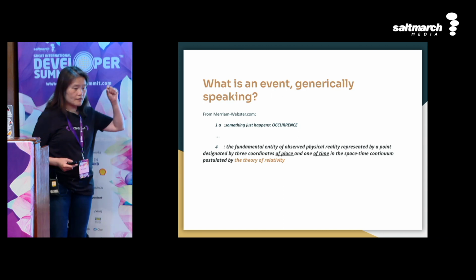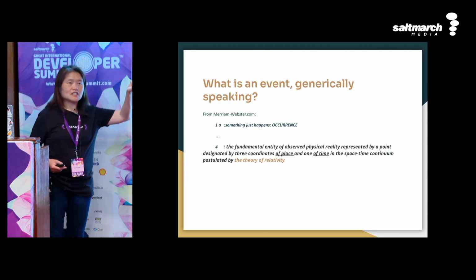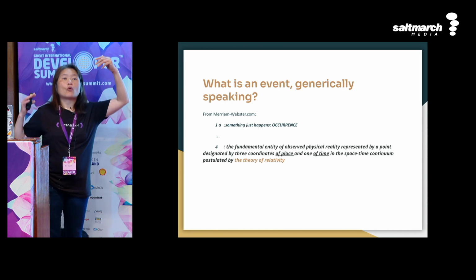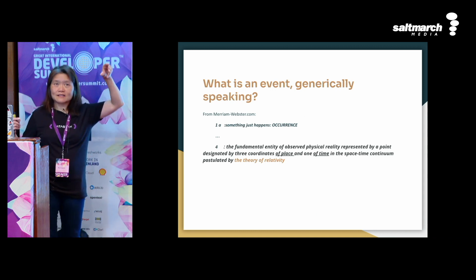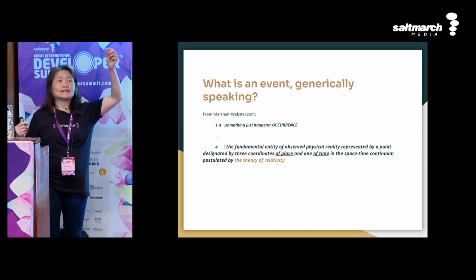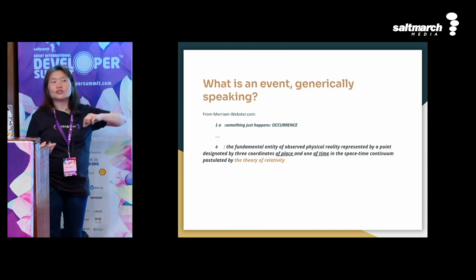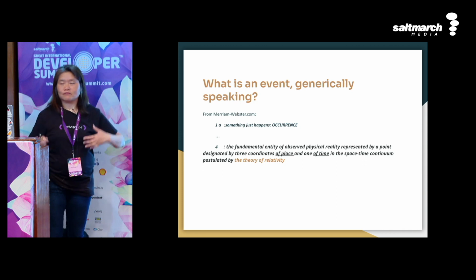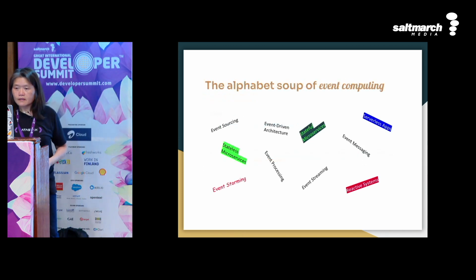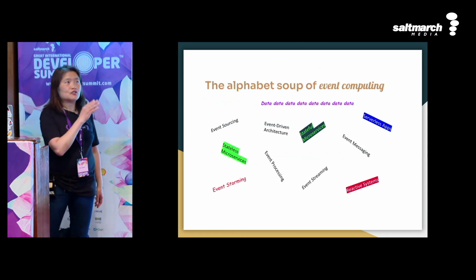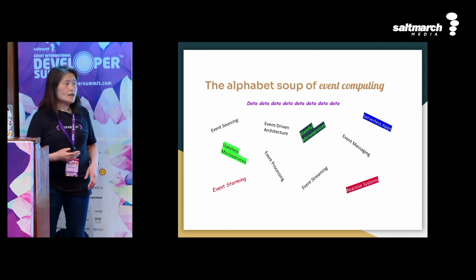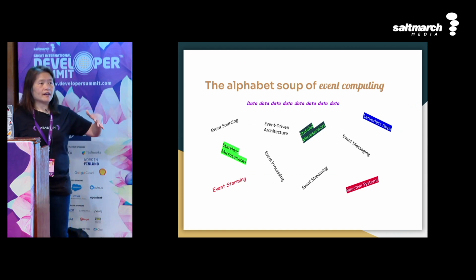So essentially, think of the basic definition of an event as a point in space and time, like four-dimensional. The space, which is the X, Y, Z coordinates, and then a time component to it too. So it can be any event. It happens, it's there, and it's not changeable once it happens. This afternoon I'll be talking a bit more, but I wanted to point out event computing.